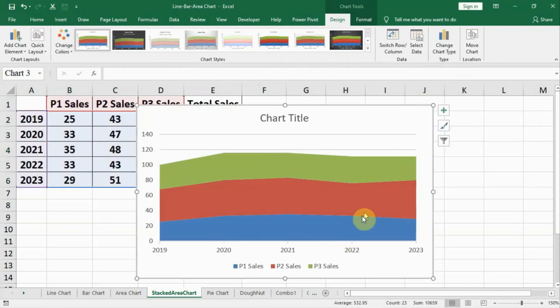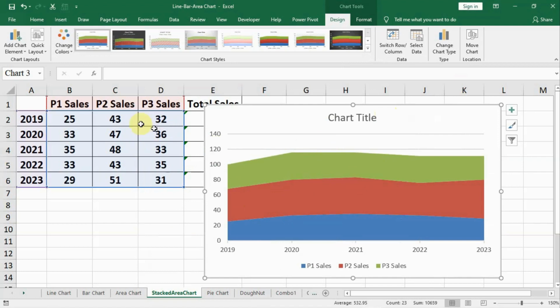Now if we see this figure, we can easily identify that the middle red color area is quite more than the other two blue or green areas. So we can assume surely by a single visualization that product P2 is having higher sales than other products. Now again, in this chart there are only 5 years and 3 products. This could be more helpful if we are having 20 years, or 12 months for 5 years, that means 60 months comparison of sales with 5 or 6 or 10 products.